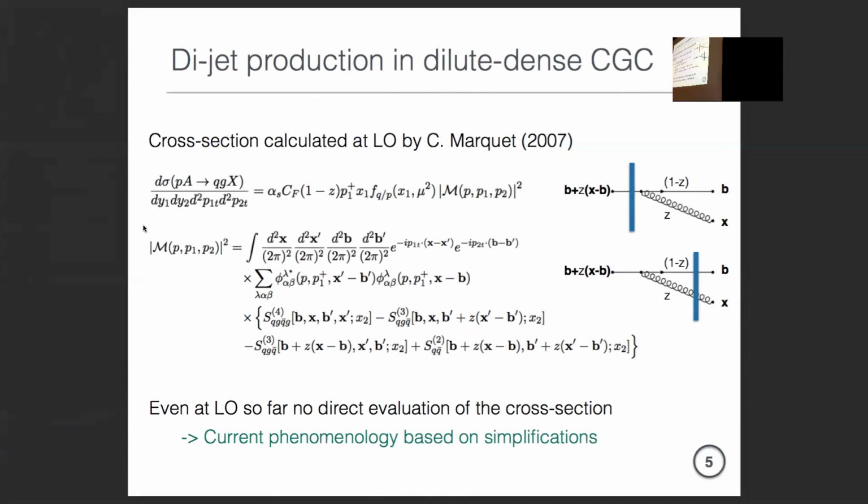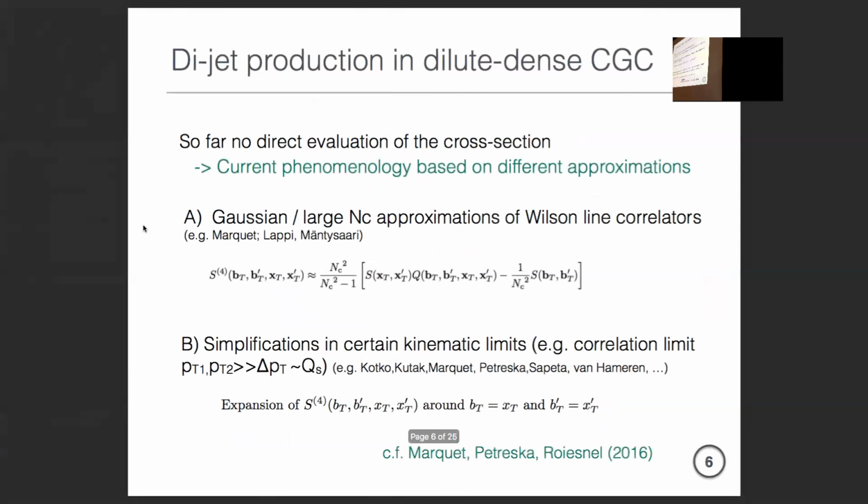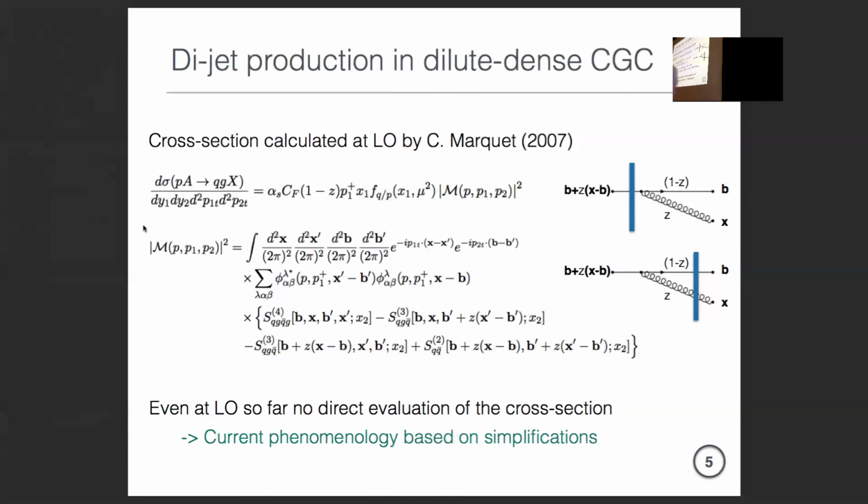Well, we don't exactly evaluate the two. It's not exactly a Gaussian approximation. So what you do is this. Do you need this? Yes. Okay. See, you're on the next one.